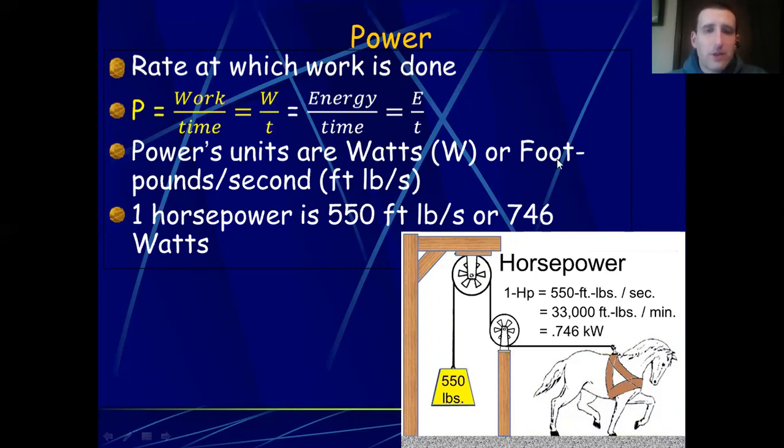That's what we primarily use, the SI system. In the English system, we have foot-pounds per second, and in the English system, we also have horsepower, which is 550 foot-pounds per second, or 746 watts. This introduces a bit of a challenge. The math of power is not difficult at all. It's simply the work divided by the time, and we're going to do a couple practice problems there in a moment. But the difficulty that we get in this chapter with our discussion of power